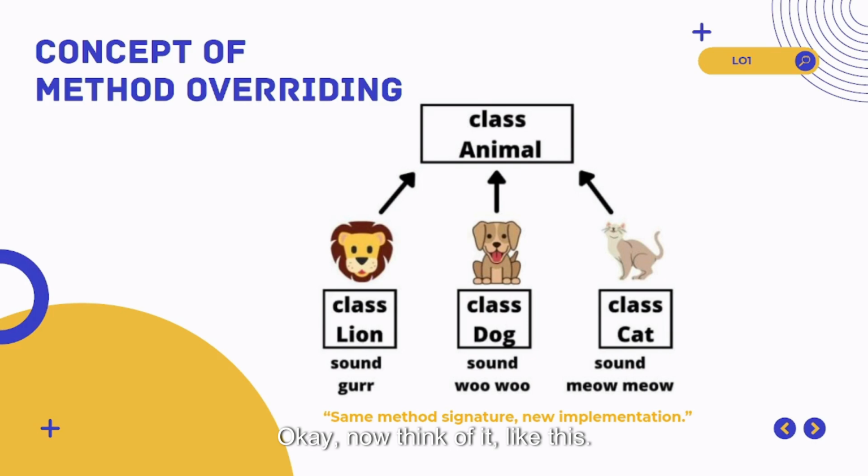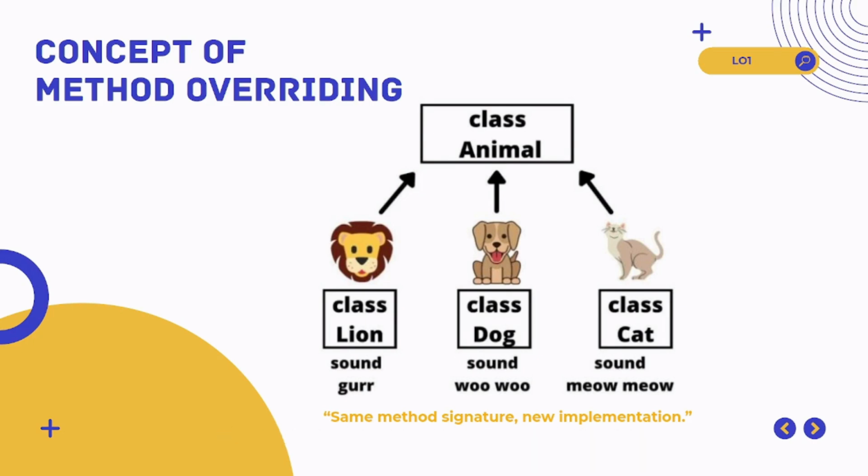Okay, now think of it like this. A general Animal class has a method makeSound. Different animals, like lion or dog or cat, override the makeSound method to provide their own unique sound. And here's the important part: overriding supports polymorphism, which means the same method call can behave differently depending on